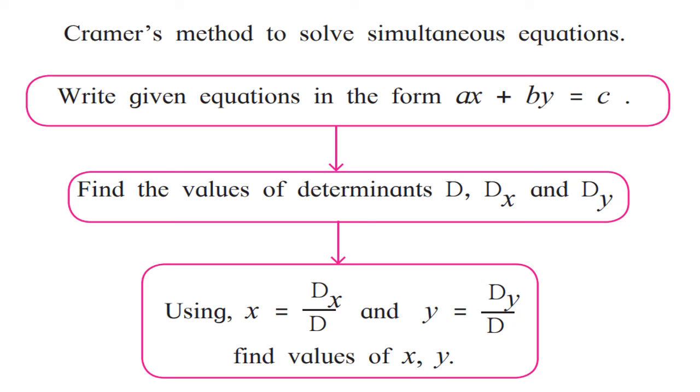Okay, now see, this is a flow chart to keep in mind for how to solve simultaneous equations by Cramer's rule. The very first thing is, you have to write down both the equations in general form, that is ax plus by is equal to c. Afterwards, you have to write down the determinants d, dx and dy, and solve them. And then you are going to use Cramer's rule, that is x is equal to dx by d and y is equal to dy by d. And then you will write down the values of x and y. And finally, you will write down the solution either as a statement, or in a round bracket as I have said. Correct?